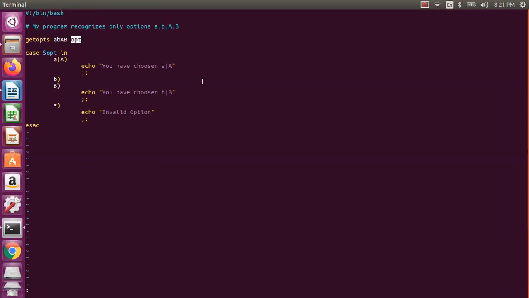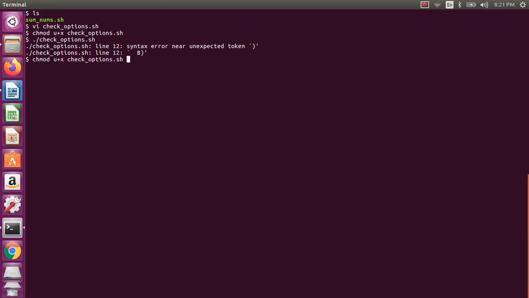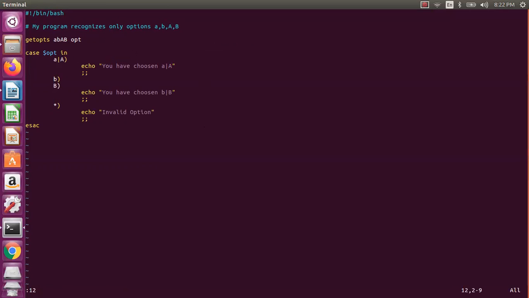Let us test with a and b, small a, capital A, and all. I use chmod u+x check options. Now, I have not given any options. Something is an issue, so let us do it in the same line.